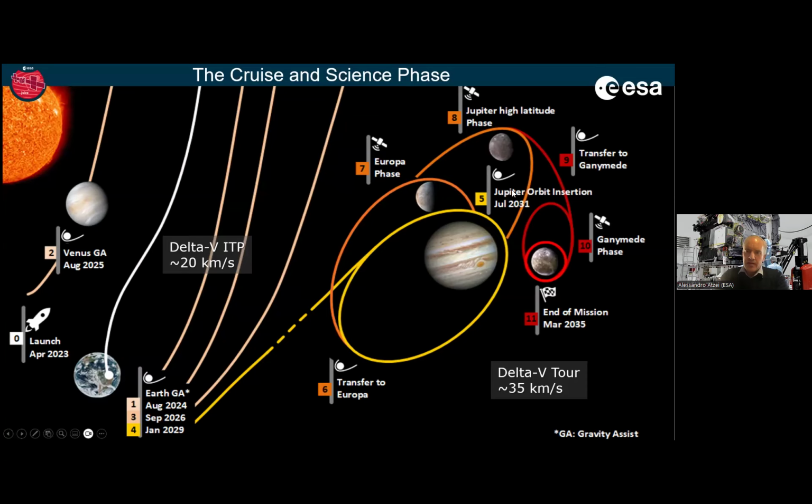insertion, and then start the actual mission, which will be first a transfer to Europa, where we will do 2 flybys to make detailed imagery and measurements of Europa. After which we leave this orbit, which is very dangerous for a spacecraft because it's very high radiation being close to Jupiter. We go into a high latitude phase, which allows us to study the poles of Jupiter. And after this, we start the mission towards Ganymede, where we capture an orbit around Ganymede and then go to